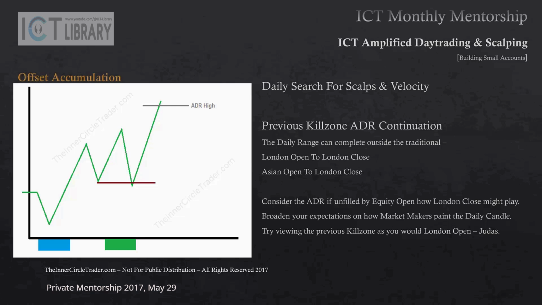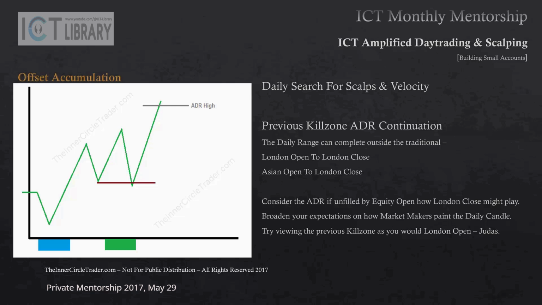But now think for a moment. Say average daily range has not been fulfilled yet, and maybe London you've missed, or maybe London was uncertain, maybe Asia's Open was uncertain, maybe it's been a larger consolidation, or you just didn't get a chance to sit down in front of the charts until just now. And that vertical line that begins our time demarcation represents the beginning of the New York session, or New York Open.